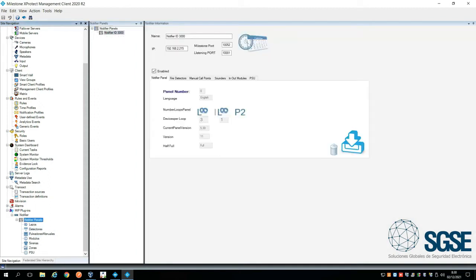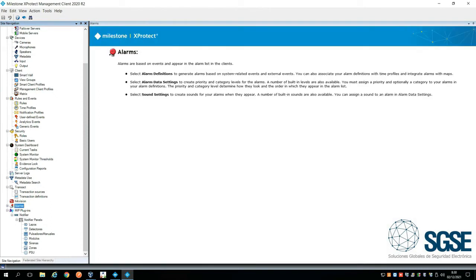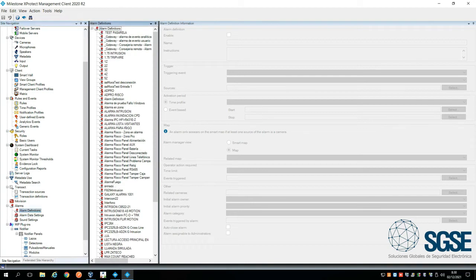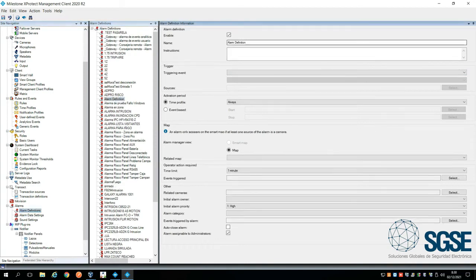Once the download of the configuration is done, we can begin to raise alarms on the rules that can generate different actions on the system. If we go to the Alarm section and create a new alarm, we would simply have to give it a name,